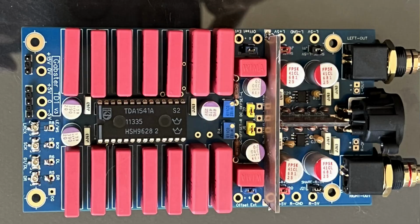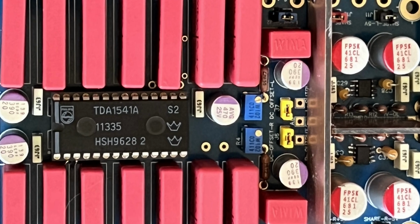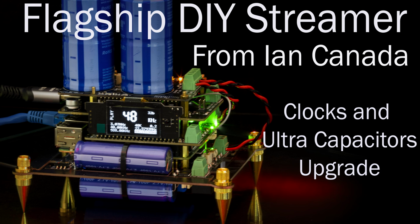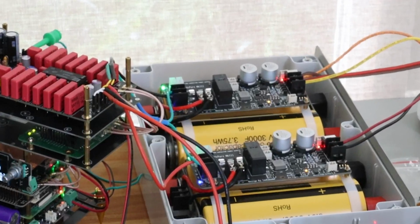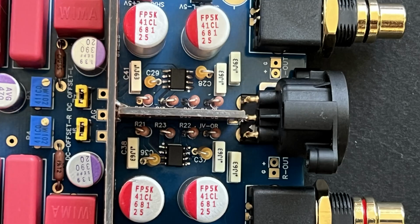The Gapster TD1 is based on the vintage Philips TDA1541A chip. Yes, a lot of brilliant people have worked on this chip before, but technology has changed. Now we have access to some amazing technologies like the streamer from Canada, because you really need a great streamer for that, because we are going to have access to the direct I2S signal. We also have access to some amazing power supplies like the ultra capacitors. And I also discovered that the OPA861 is a great op amp that works really well together with that